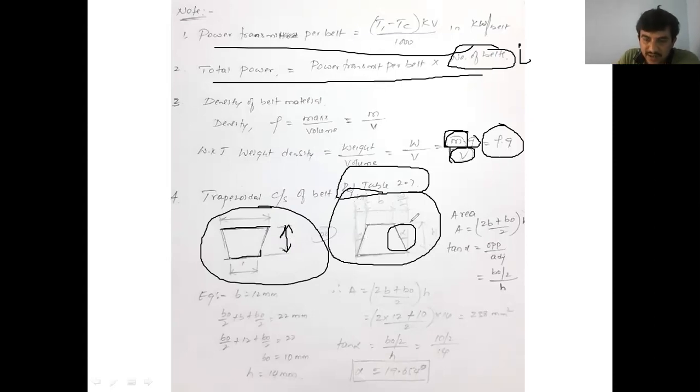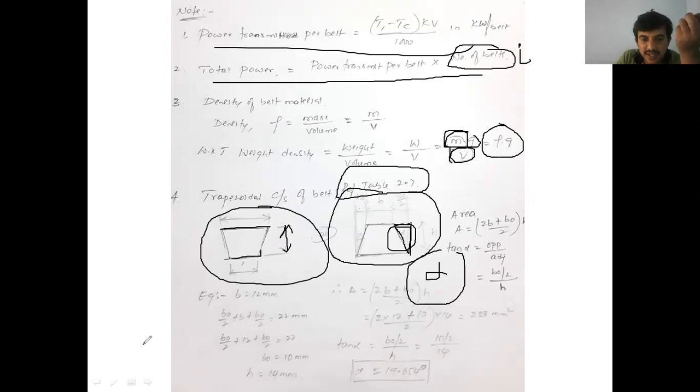That is, tan alpha is equal to opposite by hypotenuse. It is a right angle triangle. Tan alpha is equal to opposite by hypotenuse. Am I right? Yeah, this is the formula we use to determine alpha. Or directly, if in the problem alpha is given, use that alpha value. Or else if alpha is not given, then determine it by using the cross sectional dimensions of the V belt, right? Then the remaining procedure is same.